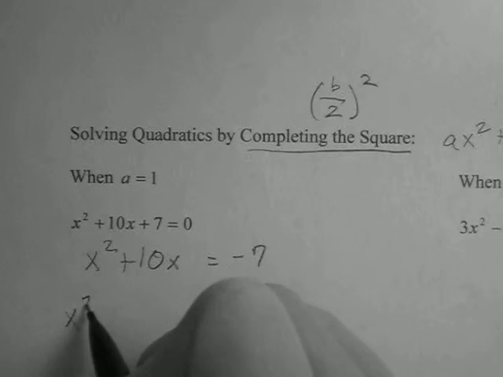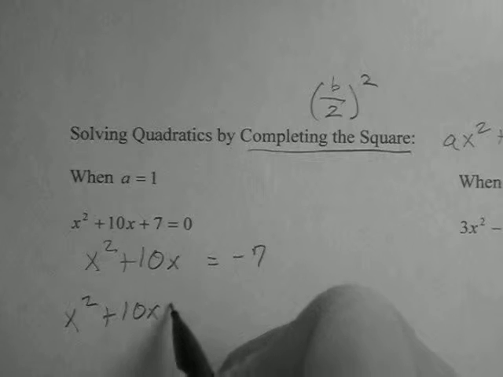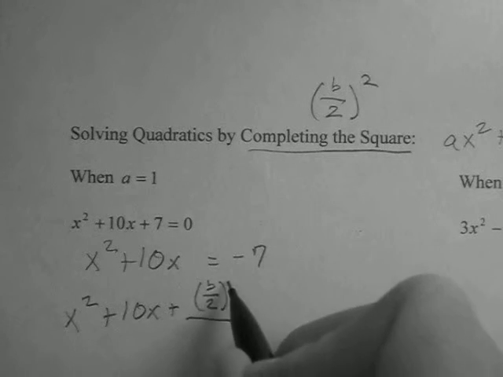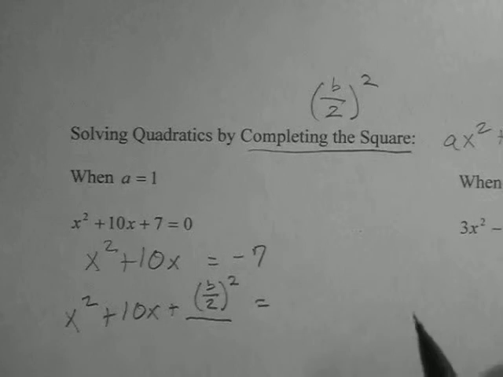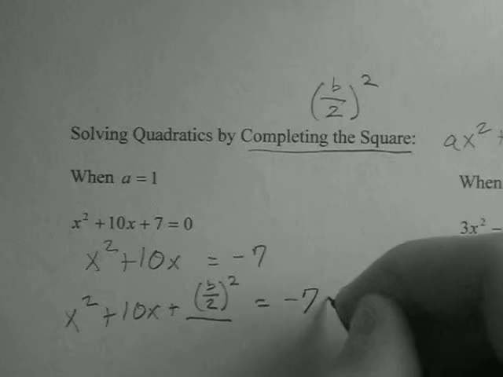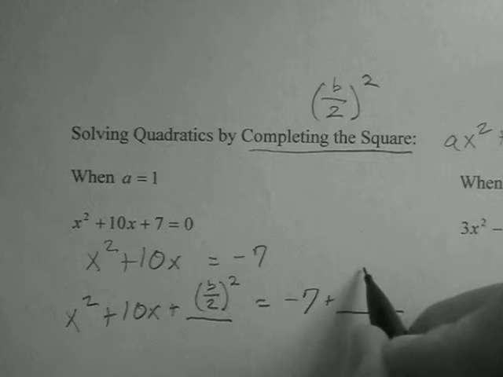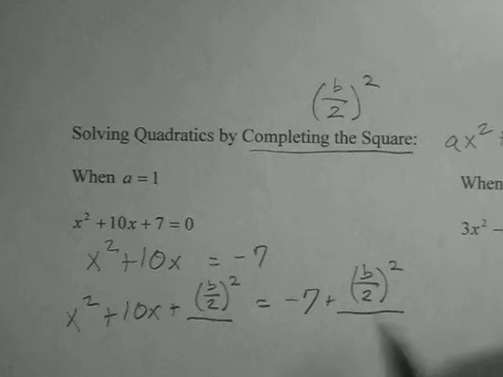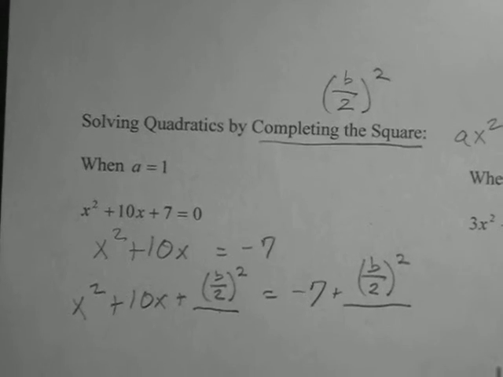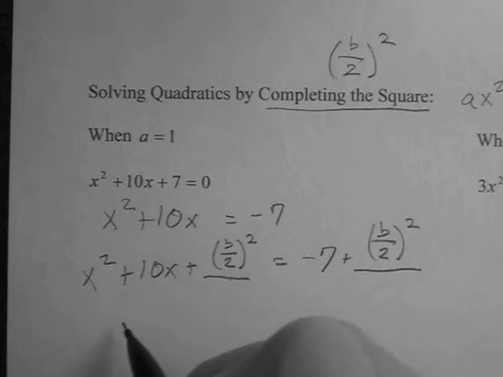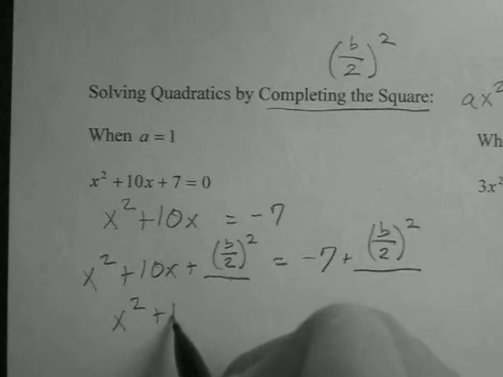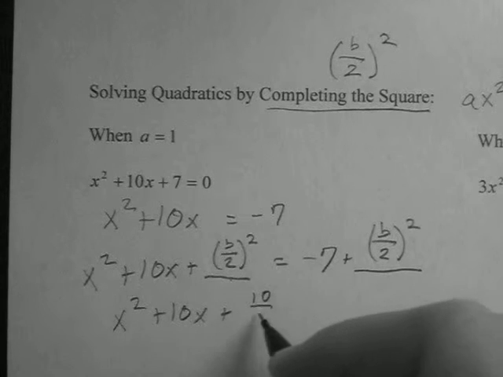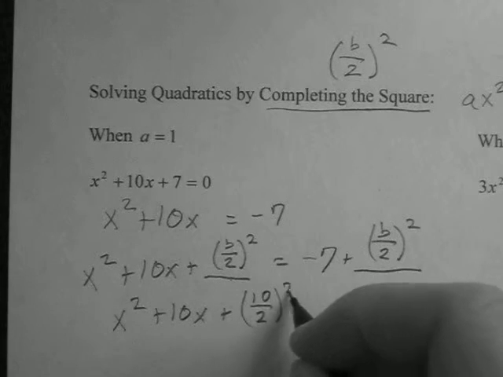And so we say x squared plus 10x. And this process here is the actual completing the square. So b divided by 2 squared equals negative 7 plus, and we put the same value in this spot. So this is completing the square, b divided by 2 squared. You need to make sure you have that memorized. In this case, I have x squared plus 10x plus b is 10, so 10 divided by 2 squared,